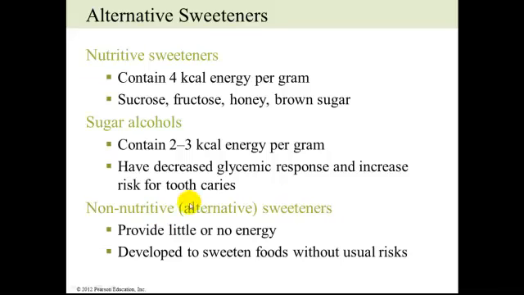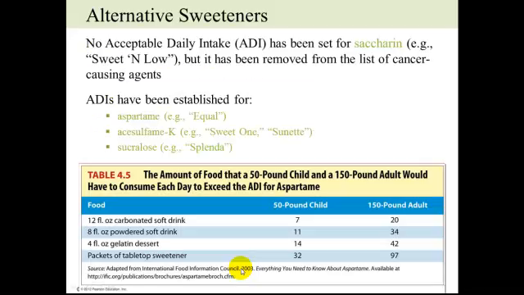Now, we also have the alternative sweeteners, or the non-nutritive sweeteners. These provide little or no energy, and these are used to sweeten foods without the caloric intake. So the main ones that you've probably seen are Equal. Equal is aspartame, that is the little blue packet. Sucralose, that is the yellow packet, Splenda. Saccharin, that is the pink packet, or Sweet'N Low. For a long time, Sweet'N Low was listed as causing cancer. That was based on some studies that were done in the 1970s, which have now been found not really to be valid. And there's a lot of information out on the internet and a lot of warnings against these kinds of alternative sweeteners. However, the FDA has looked at these quite a bit,